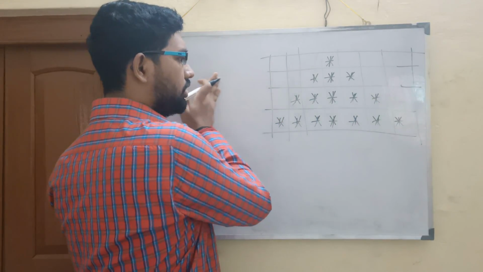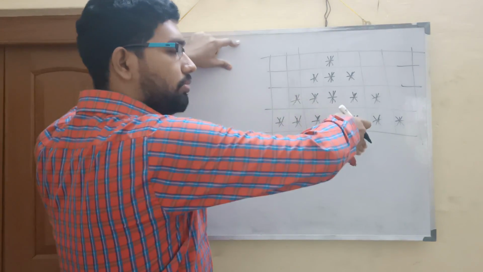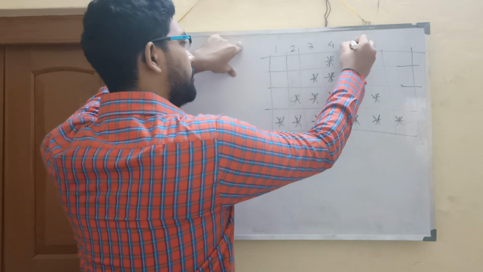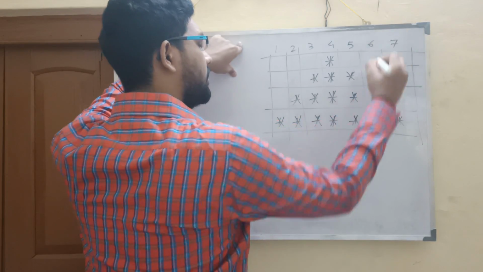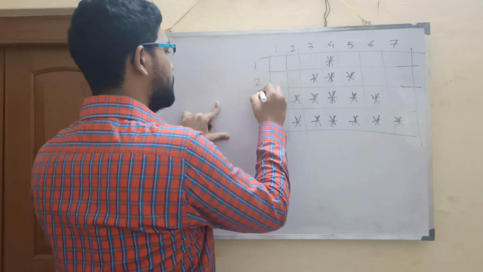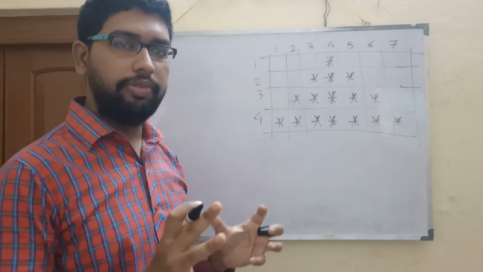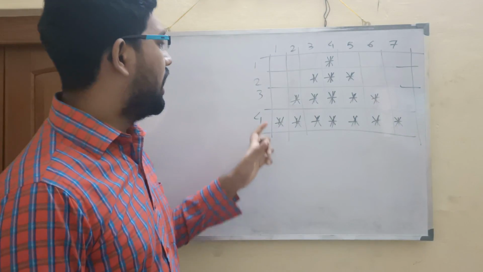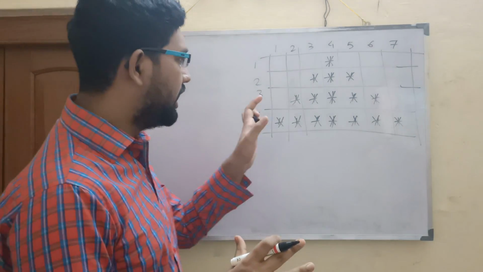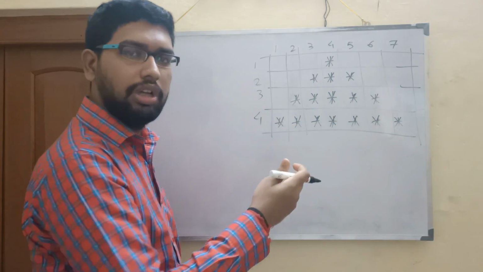These are rows, the things going from here to here, and top to bottom are columns. So we'll write 1, 2, 3, 4, 5, 6, 7. These are the number of columns, and 1, 2, 3, 4 are the number of rows. Now we have to find the relation, how to print this. All of the fundamentals are behind how to print this number. So we will first break down this pattern into grids.